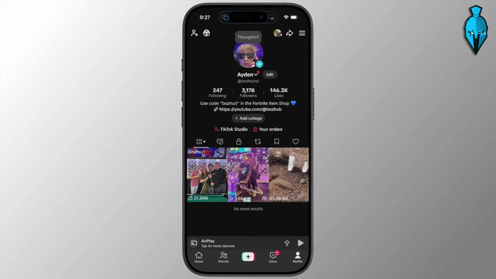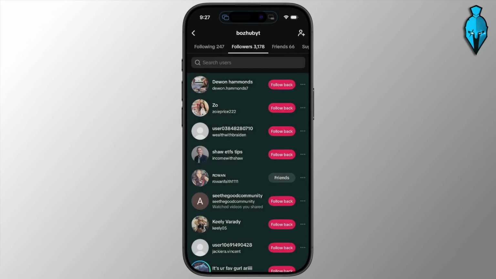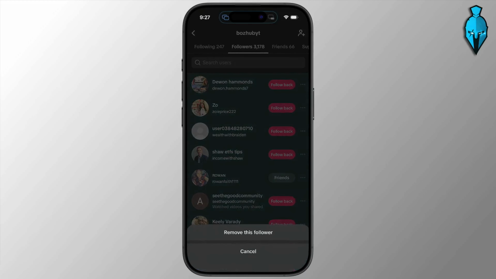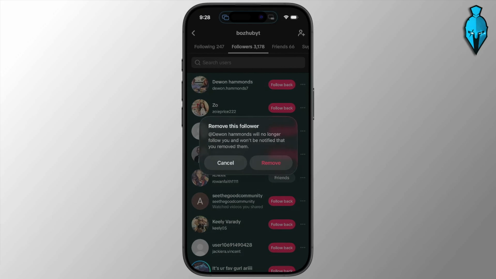Begin by opening up TikTok, and you need to go to your profile down in the bottom right. From here, go ahead and tap followers, and it's going to open up all of your followers just like so. What you need to do is look for whoever it is that you want to remove, and you could search for them. Select those three dots next to it, and you're going to see remove this follower right here. Select it, and then you have to confirm by hitting remove one more time, and that account will then